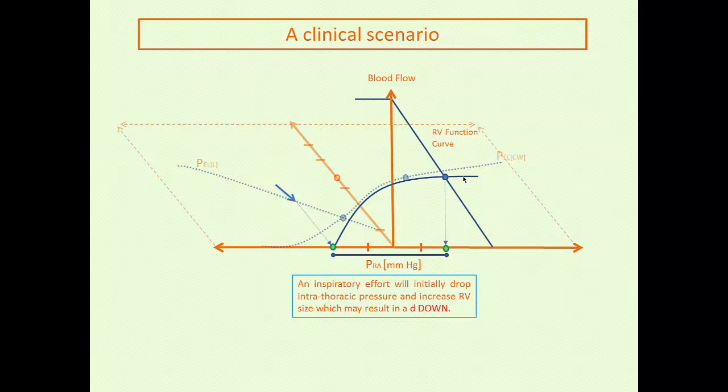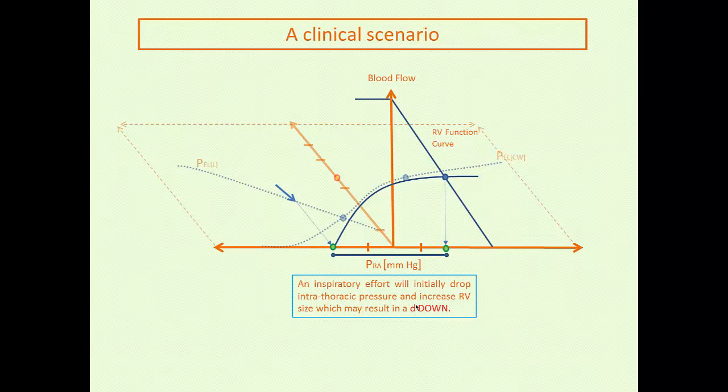That afterloads the right ventricle, so that further impairs right ventricular output and leads to a dramatic increase in the distending pressure of the right ventricle. This right ventricle distends, or right atrium, right ventricle will have the same distending pressure barring any tricuspid abnormalities. This increase in distending pressure then impairs left ventricular output by ventricular interdependence, and you may actually get a D-down